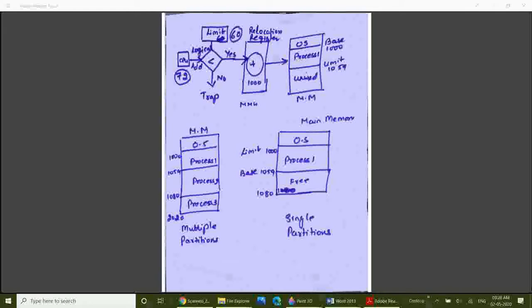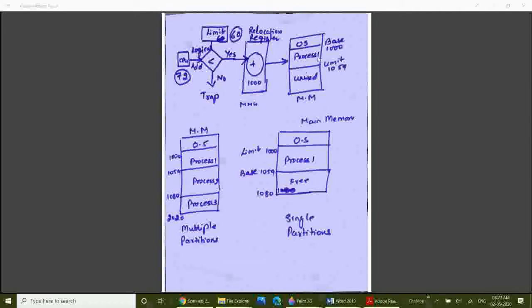that is process 1. Now I will assume that the CPU has generated a logical address, say 72, and the limit is 60, that is approximately 60 is the limit of this process P1. So I will compare. 72 is not smaller than the limit, so there is a trap to the operating system. Now if I assume that even if the logical address was greater, I would allow it to